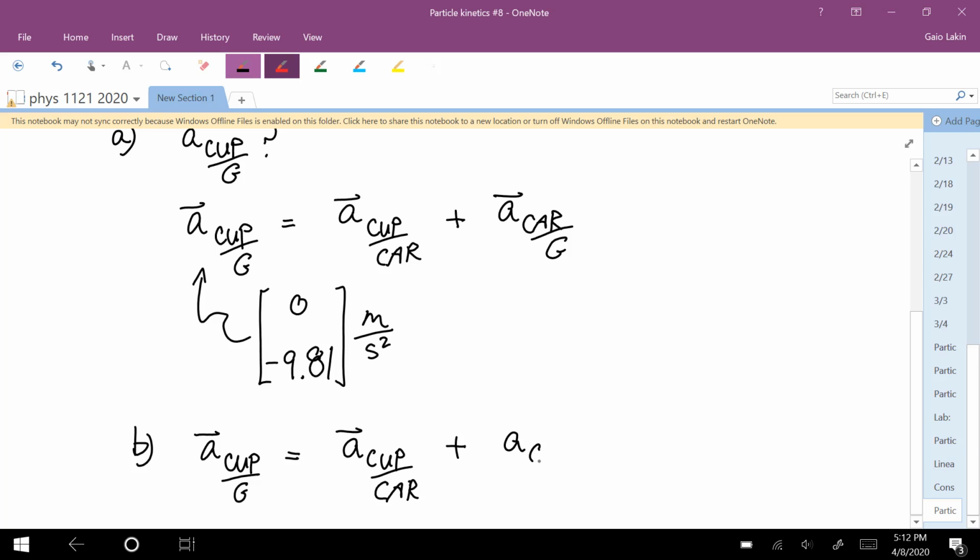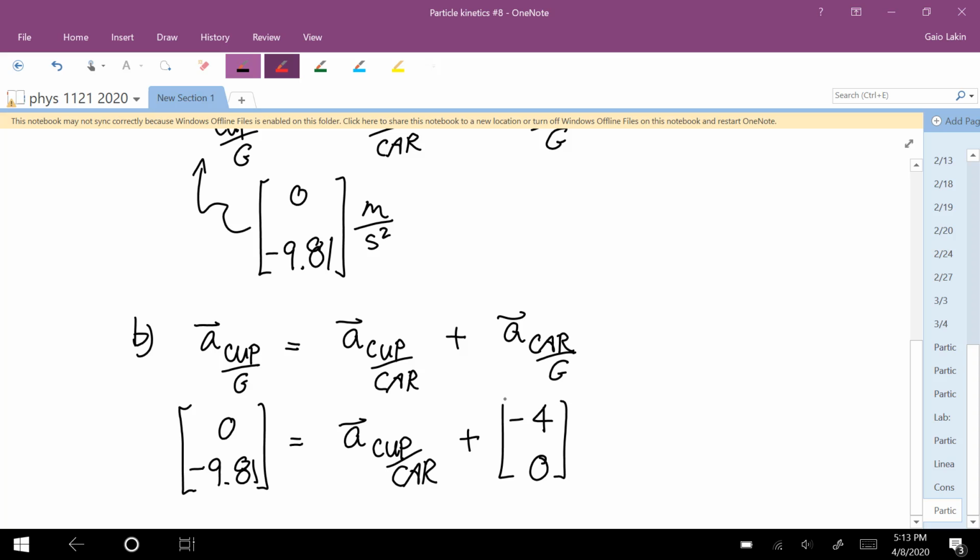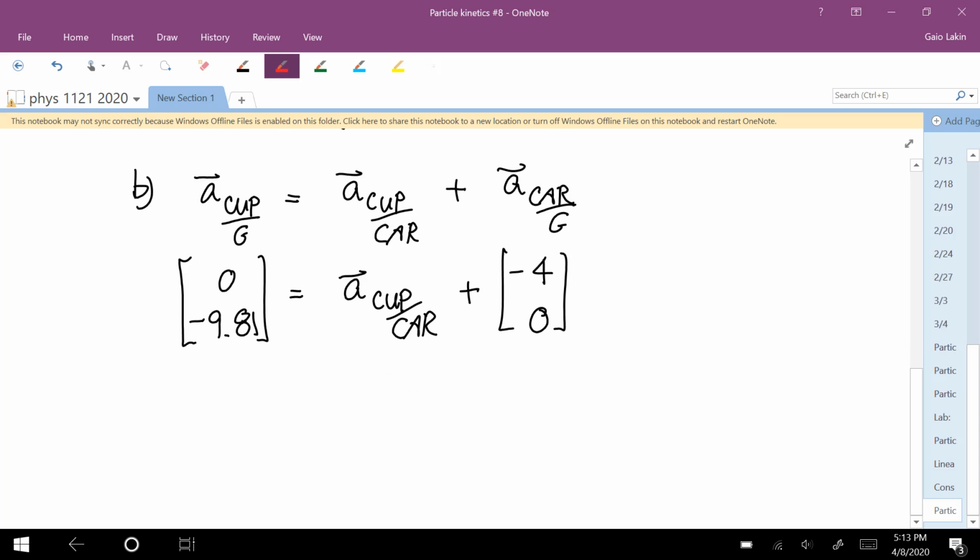Plus the acceleration of the car relative to the ground. Cup relative to the ground is 0, negative 9.81. This is what we're trying to find. This is negative 4, 0. Do the algebra, and you get that